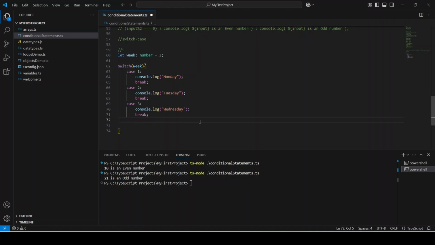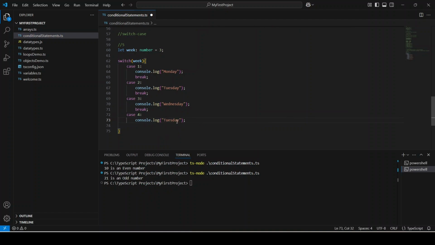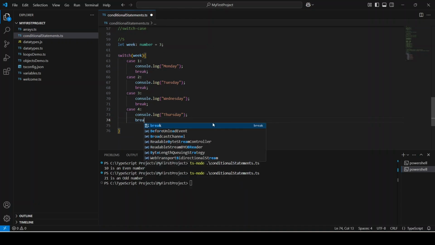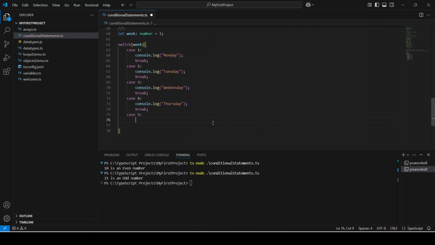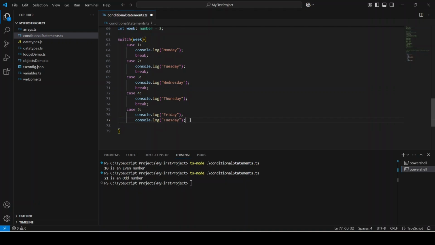When the value is 4, so case 4, console.log Thursday and break it again. Case 5, console.log Friday, and when case 6